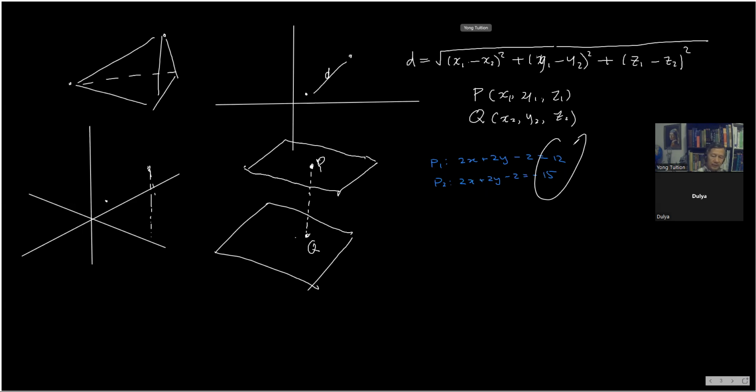Let's see, how do we find the distance between these two? These two planes are parallel, right? Their vector direction is parallel, but they are not in the same plane, right? They are not in the same plane. So what can we argue? And the distance between these two. Can we just assume